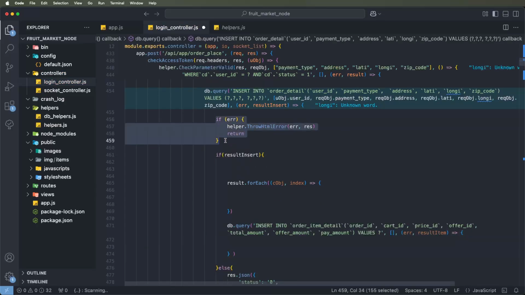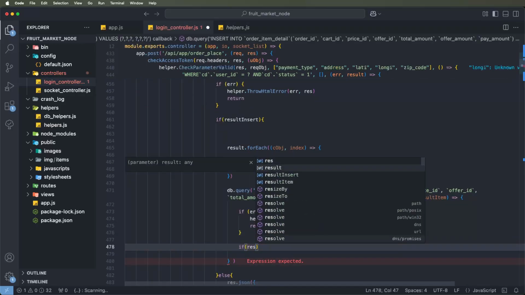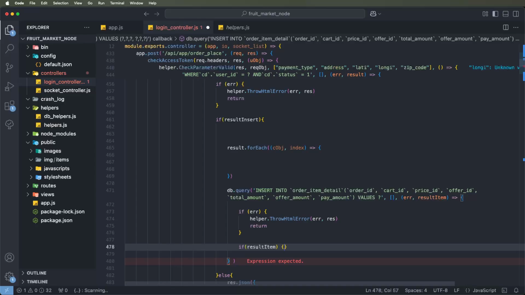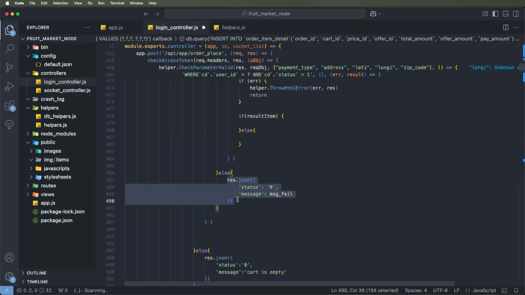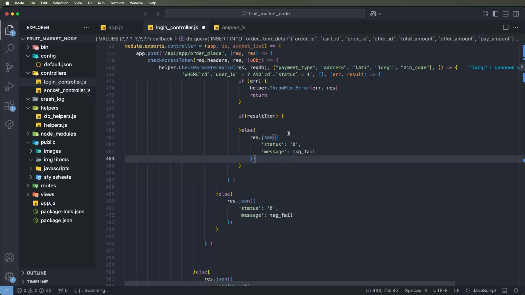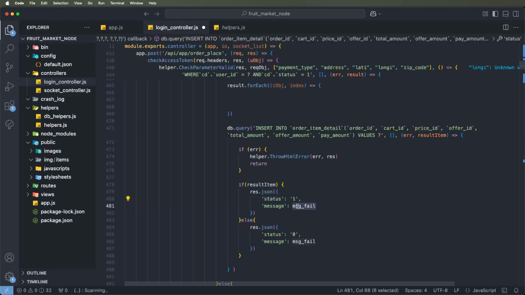Again, we need to give the if conditions: if it gets any error, we need to check the result items, if found, else parts. If not, then to fail this response we need to paste this here, and if successful,